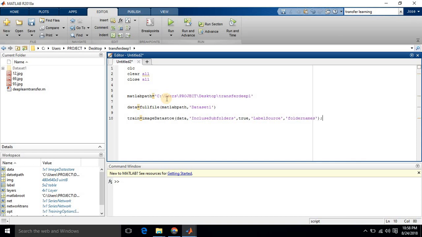We are taking the label source as the name of the folder, then count the labels, all the labels,